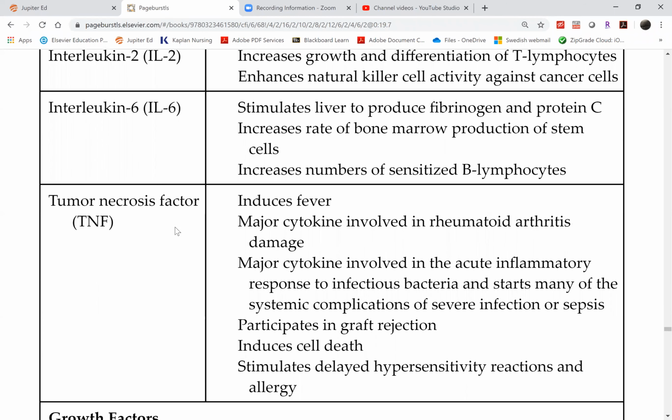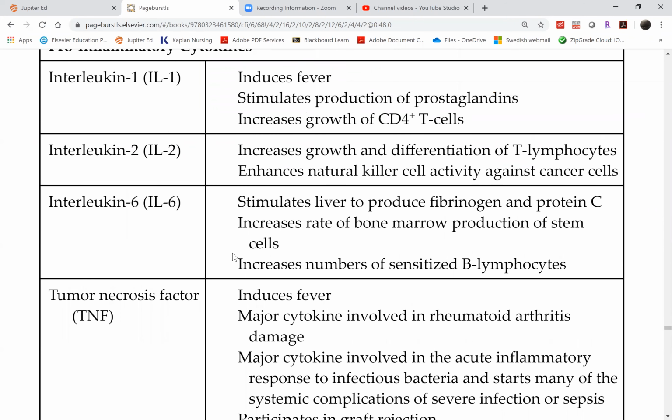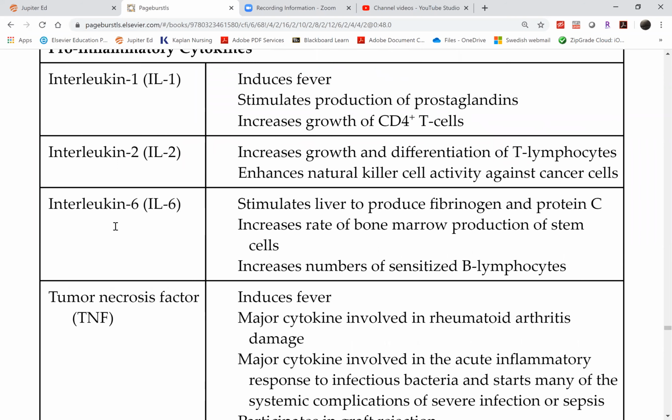So therefore, if you suppress them, what will happen to your immune function, your ability to fight infection? It will be suppressed as well. However, it's sometimes necessary to do it, let's say in rheumatoid arthritis or in psoriasis. So sometimes it's necessary to use these drugs in order to suppress autoimmune disorders, but they are also useful when